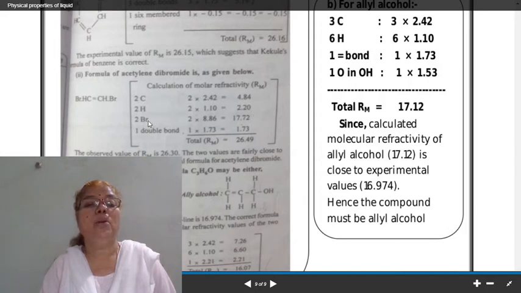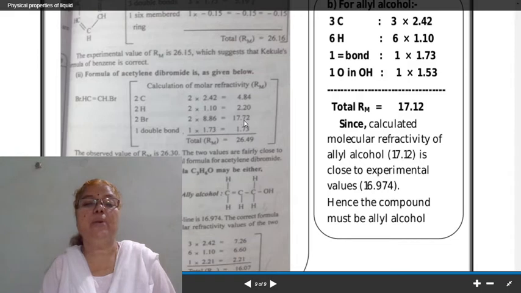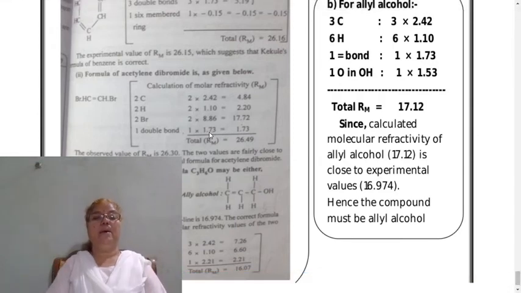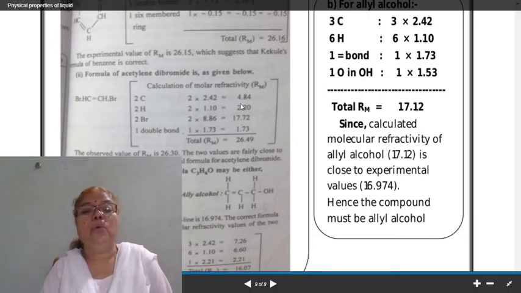Then the contribution of Br, it is equal to 8.86, and in this formula there are two bromine, therefore 2 into 8.86, it becomes equal to 17.72, and one double bond here, 1 into 1.73. These values are given. Simply you have to calculate the molar refraction values, and the total of this is equal to